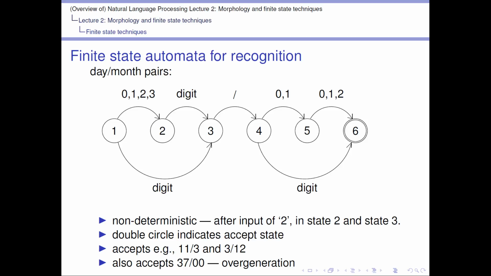It accepts things like, what have we got? 1, 1, 3. Oh, yeah. Okay, I see that. 1 digit. Yep. Okay, so if we go from state 1 to 2, 2 to 3, 3 to 4, and then 4 to 6, we can get 11, 11/3, for example. This thing